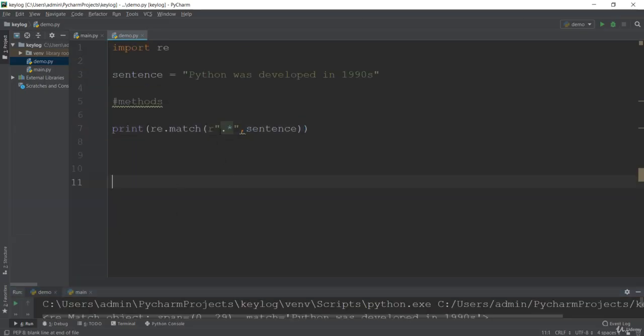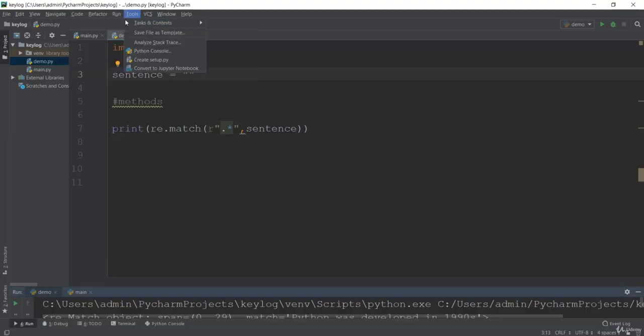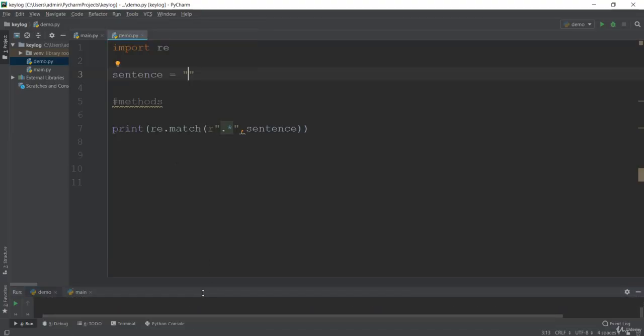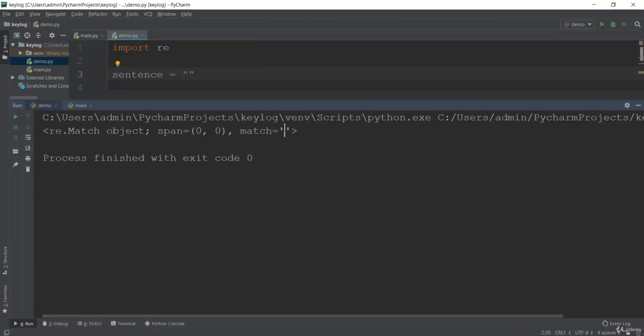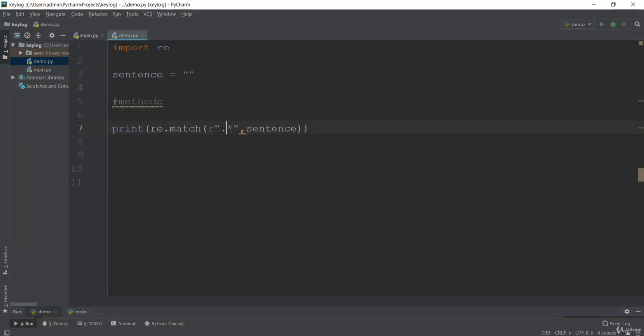I was talking about this pattern, which says match everything that can be a character or a digit, and you can see in the sentence we have characters and digits. We also have this asterisk, which means it can be zero or more. If I put nothing over here and run the demo again, you can see there is also a match, because I'm saying that it can be a character, that can be zero or not.